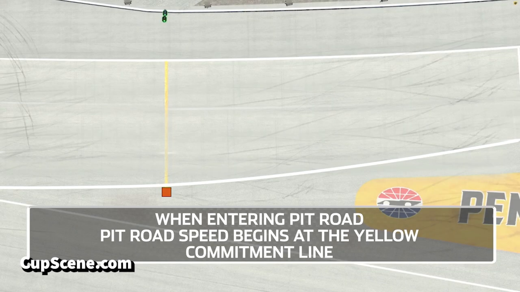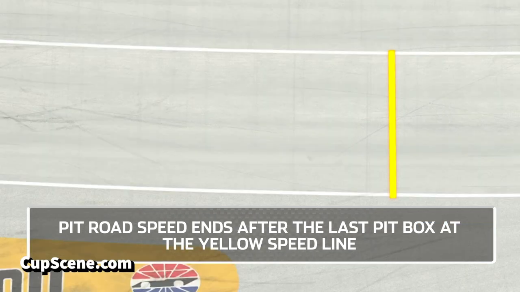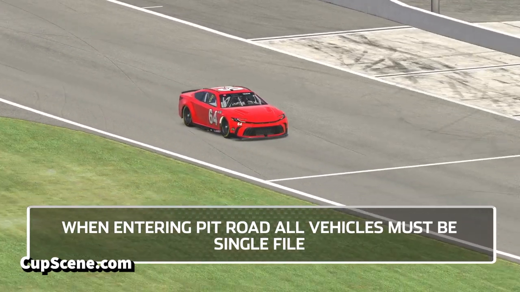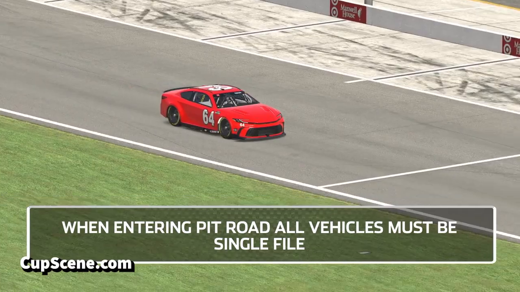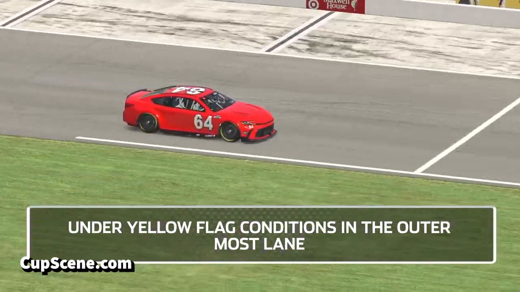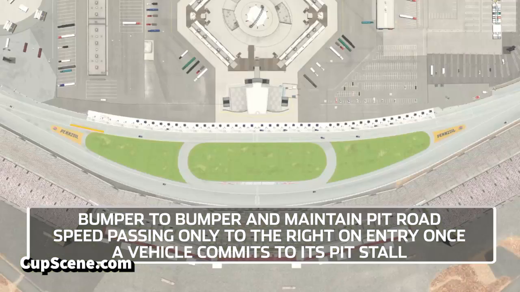When entering pit road speed begins at the yellow commitment line. Pit road speed ends after the last pit box at the yellow speed line. Remember, yellow line to yellow line. When entering pit road, all vehicles must be single file, under yellow flag conditions in the outermost lane, bumper to bumper, and maintain pit road speed, passing only to the right on entry once a vehicle commits to its pit